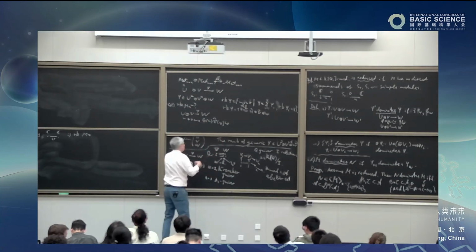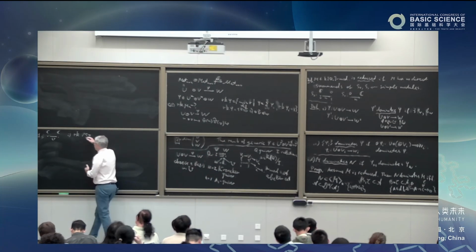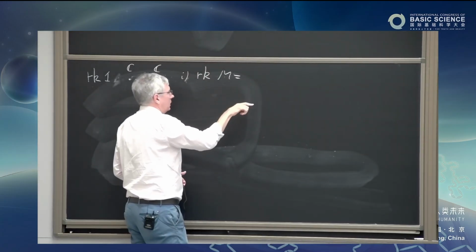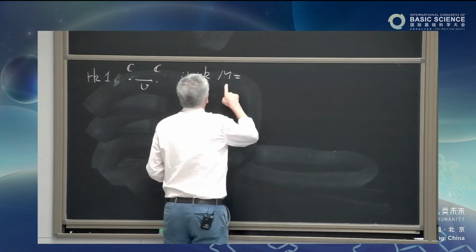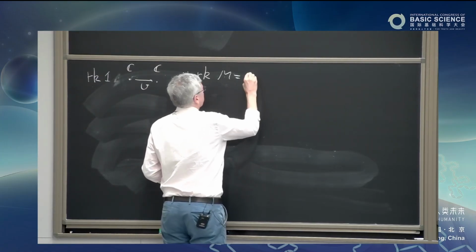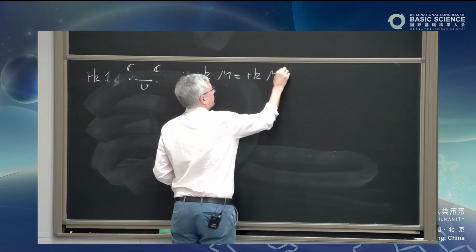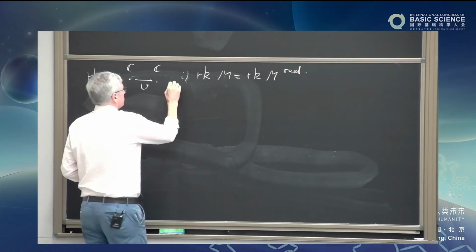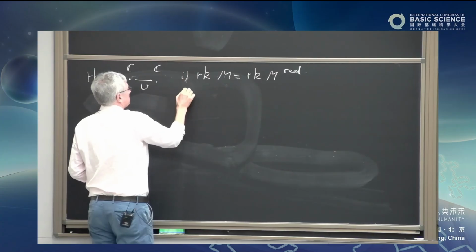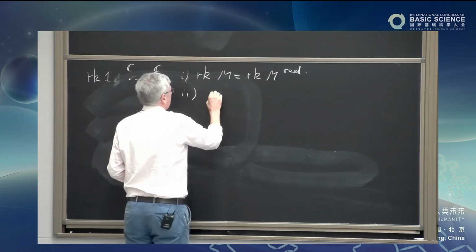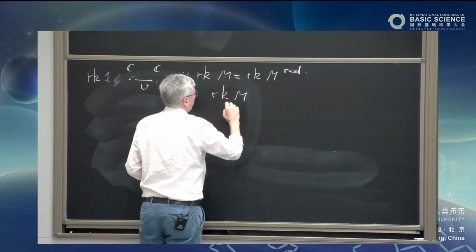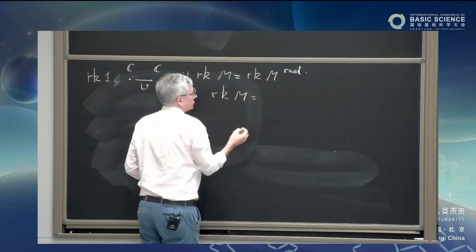No direct sum, so we can kill all these direct summands, and it's obvious how to do it at the level of the corresponding tensor. So rank of M is equal to rank M reduced. That's one statement. And second statement is that rank of M equals